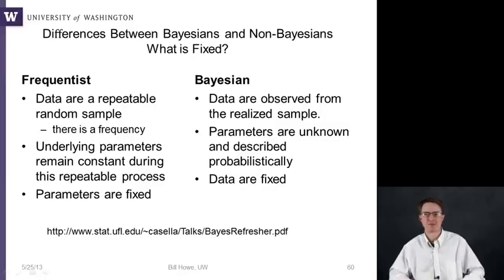Okay, meanwhile, with the Bayesian approach, the data are observed from a realized sample, and the parameters of the population are unknown but can be described probabilistically, right? So they're not fixed values. However, the data are fixed, right? You don't think about going back and sampling more data. You just have the observations you have. Okay. And so the Bayesian approach is